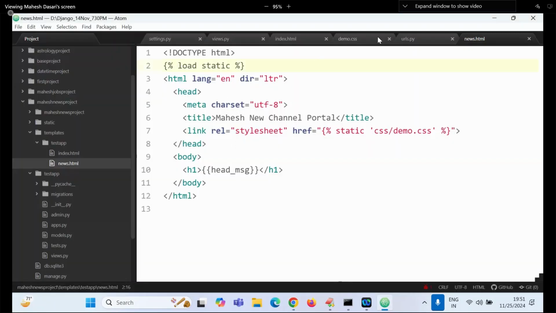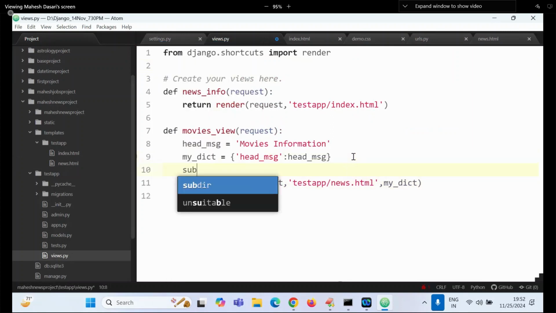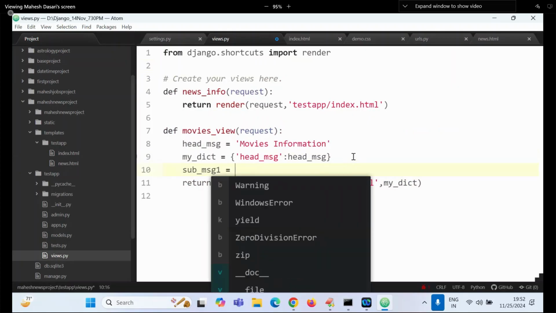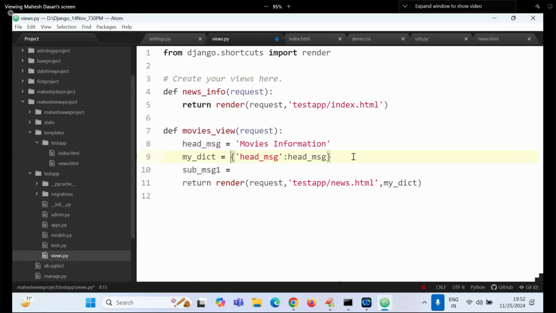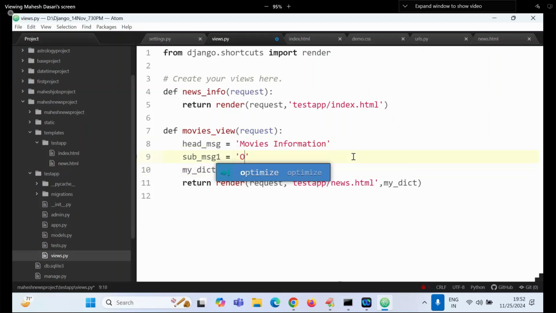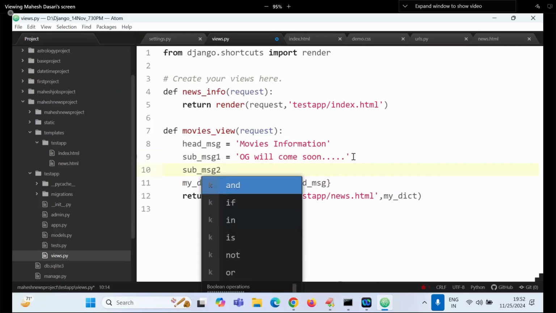For this, the view is responsible, so go to the views. In this view I want to provide sub_message_1 equal to your name message, what do we have to write? OG will come soon. Underscore sub_message_2 equal to